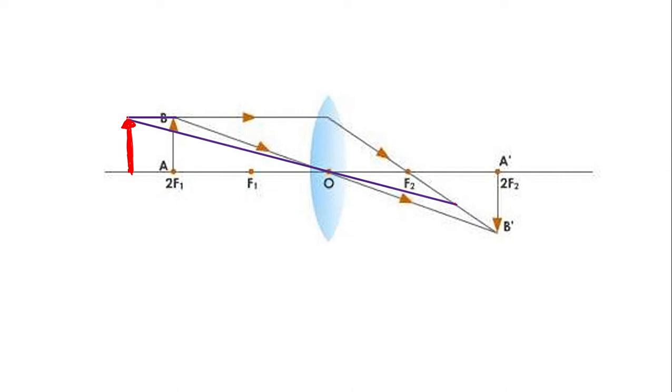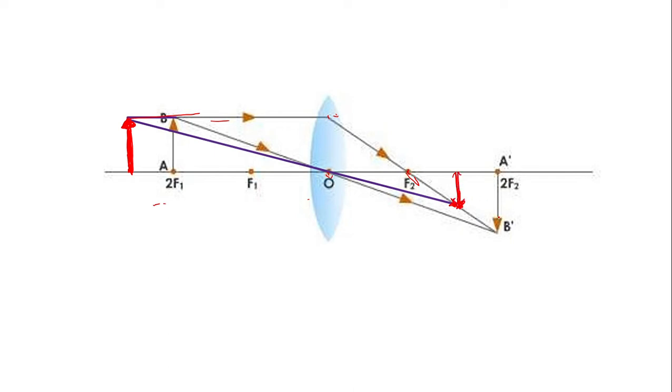The height of the object is the same. The first ray will travel parallel to the ray from before and pass through the focus. Then there is the ray that passes through the principal axis. Since the distance has increased, an angle is formed. When I draw a straight line from here, this purple line, it passes through the center and intersects the line passing through the focus over here. Hence the image will be formed over here.